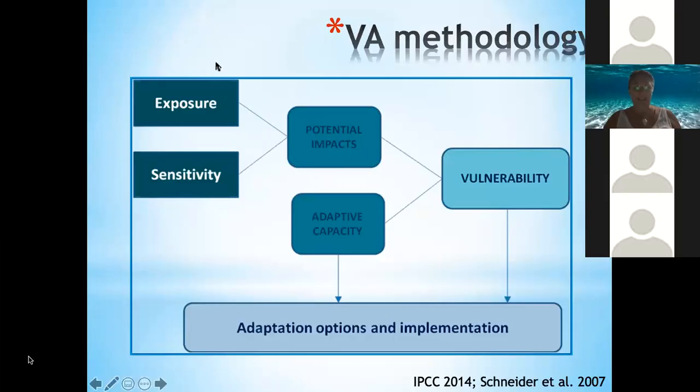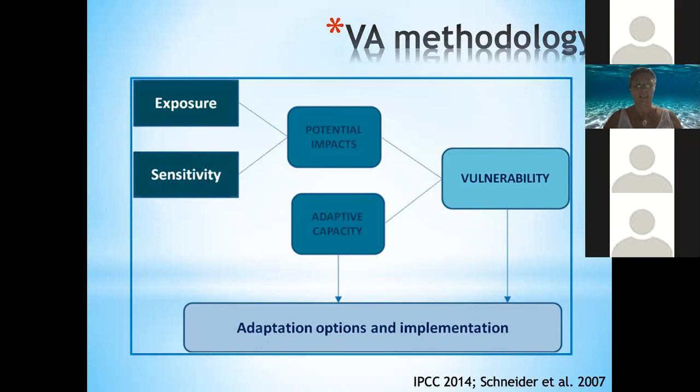So we used a framework very similar to what we just saw in the previous presentation from the IPCC. This is the framework that precedes the one we just saw. So risk isn't included, or hazard, but let me just say that hazard was considered as part of the assessment. Hazard is essentially, in this framework, embedded in exposure. So the hazard in this case, as we've heard, is ocean acidification, and certainly that was embedded in one of our variables for exposure. And then along with sensitivity contributing to potential impacts, then adaptive capacity, and I really love that balloon analogy, is a positive thing.